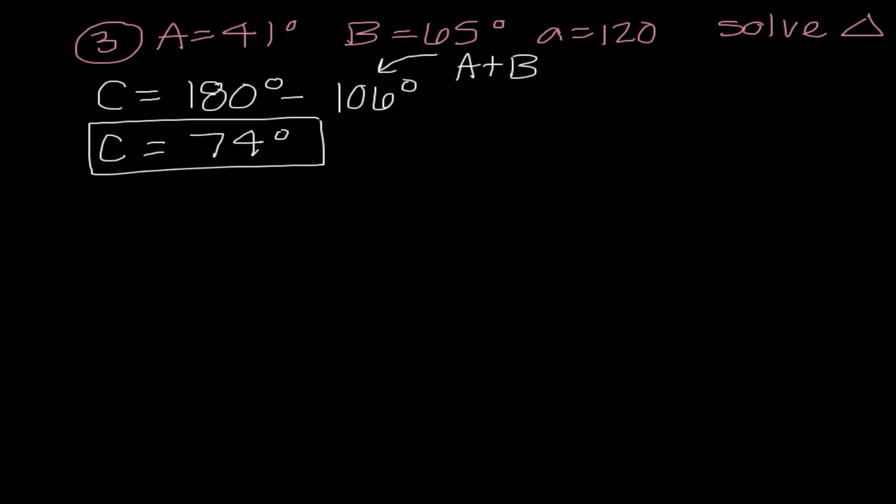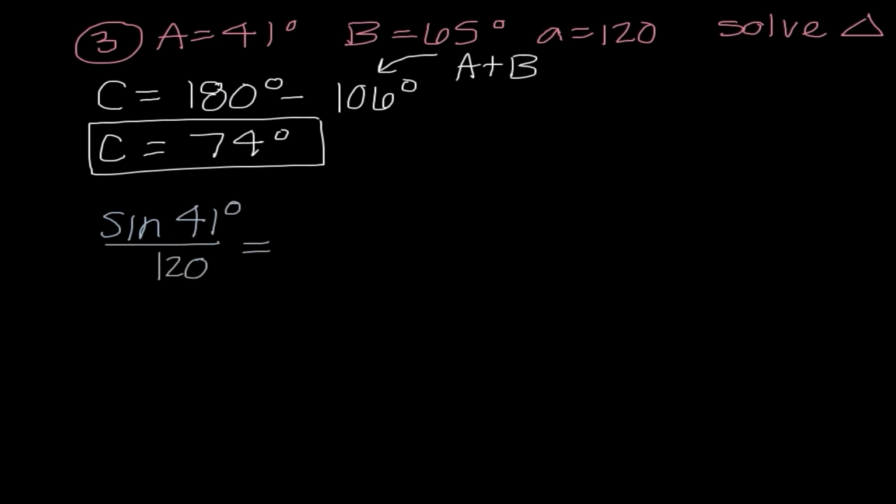So what I'm going to do here, I need to determine should I use law of sines or law of cosines. And at the moment, my only option would be law of sines because I do not have enough information to use law of cosines. The reason being, I only know one side of the triangle. That means if I tried to substitute into law of cosines, I would have two unknown values. So I'm going to go ahead and use law of sines, and I know both A values, so that is definitely going to be one of the sides of